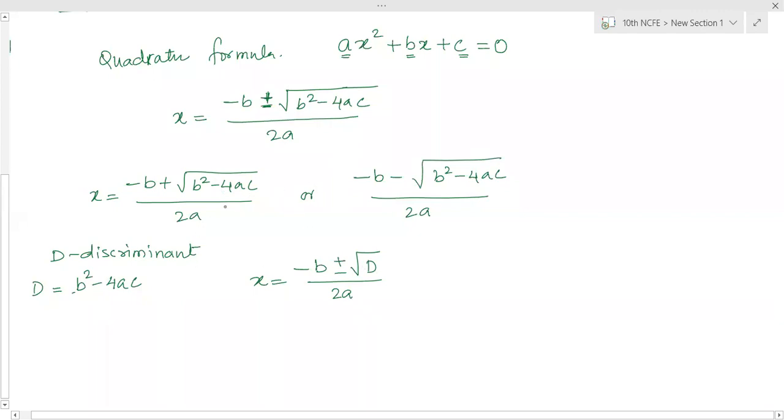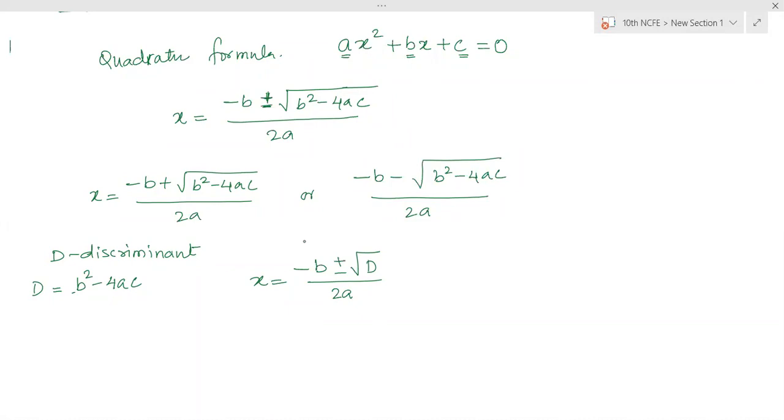And then substitute the value of this b square minus 4ac, and then easily you can use this to find the values of x. So right now I'm telling you in the beginning only, because some of the questions in the first exercise itself can be solved by middle term splitting. The questions are based on factorization, but sometimes students face difficulty in factorizing.